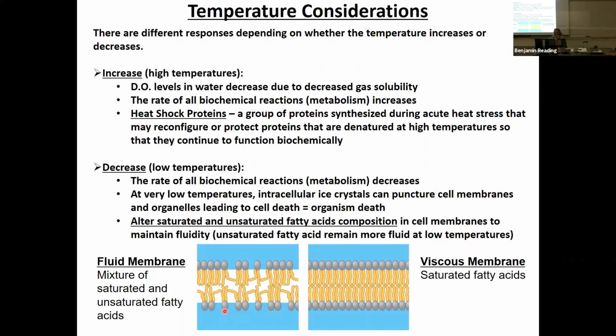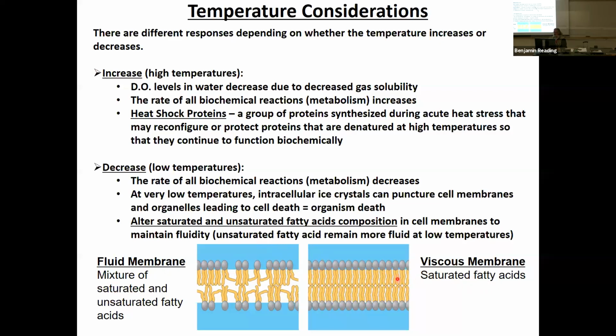In order for some fishes to deal with this, saturated and unsaturated fatty acids that comprise the cell membranes become altered at lower temperatures. So has anyone ever heard that marine fish have higher levels of omega-3 fatty acids? It's true. And the reason being is that oftentimes marine fishes, especially in the Pacific Ocean, which is really cold, right? Cold water fishes have high unsaturated fats, like omega fats, because